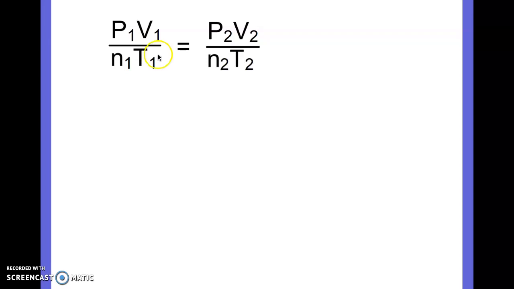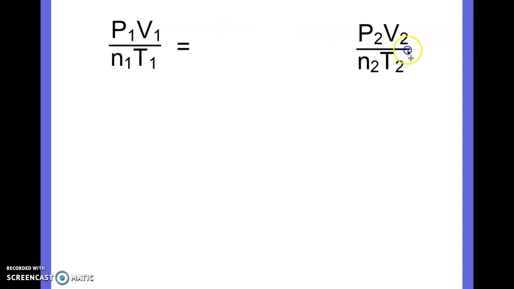We kind of ignore this second set of variables, okay? And we say, well, let's imagine that we are measuring these variables at not a first, but an only. So let's just say we're measuring some pressure, volume, amount, and temperature. And so what we use is the standards that we've been learning. We know that standard pressure